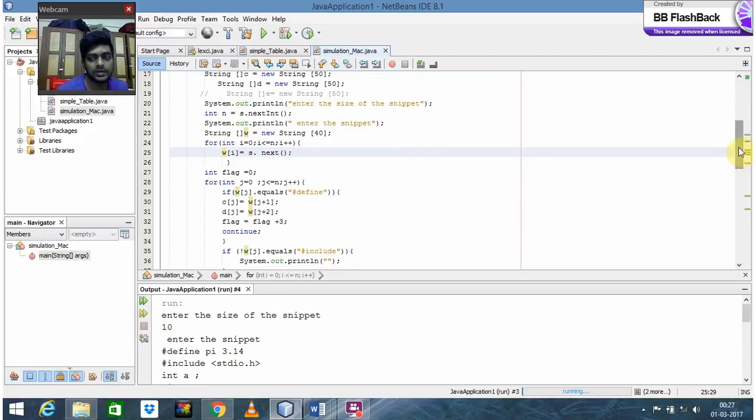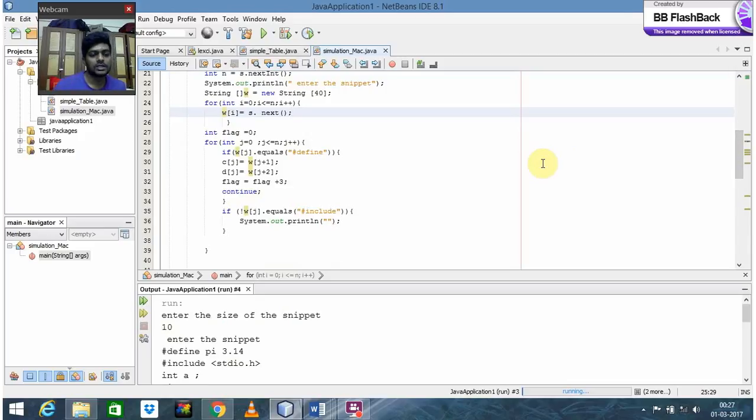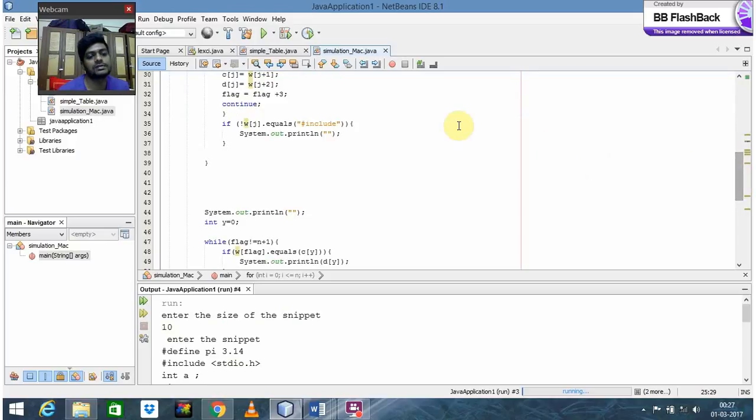Next, we use a for loop, and we check, let's say we have define pi. If w of j dot equals define, the word will be stored in the array C, so pi will be stored in array C, and the value of pi, 3.14, will be stored in array D. Next, we use flag is equal to flag plus 3, and we continue. And if w of j is not equal to hash include, then we print the two